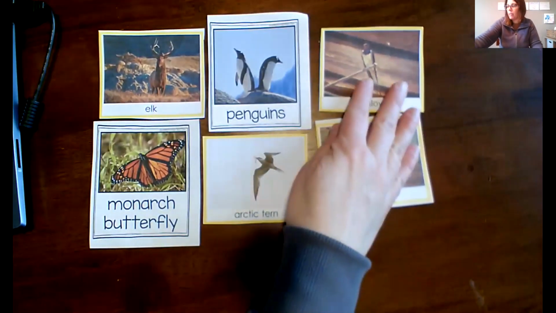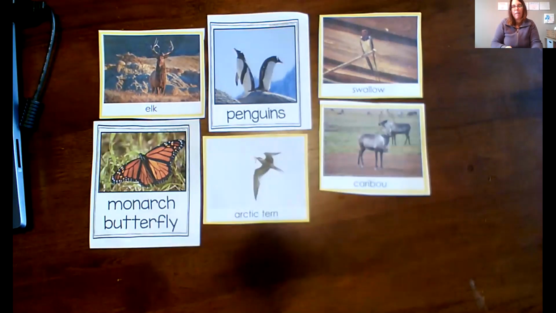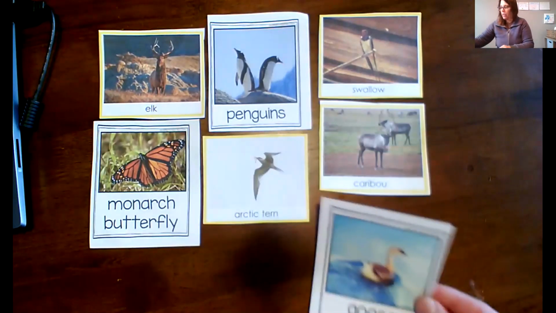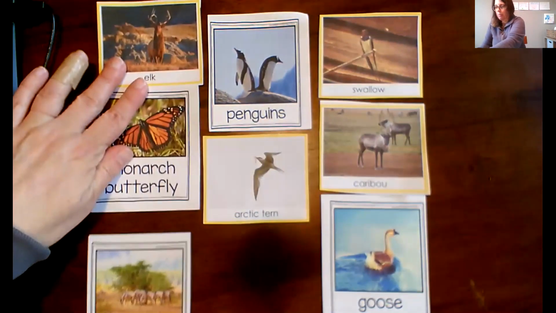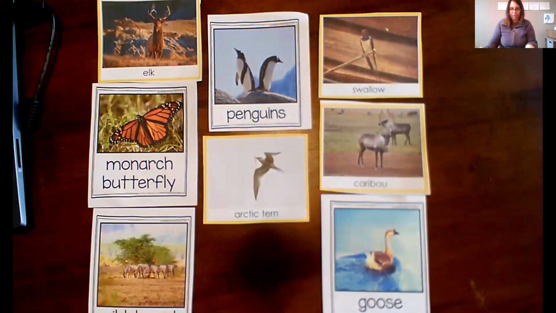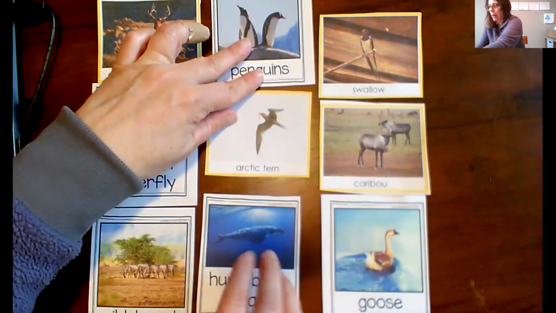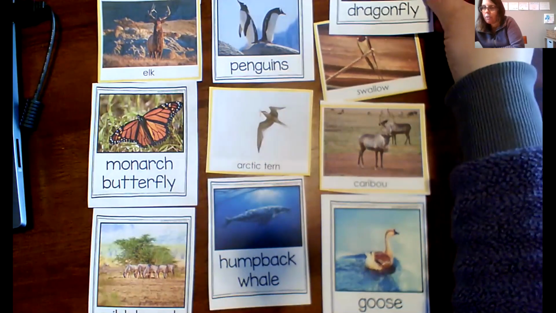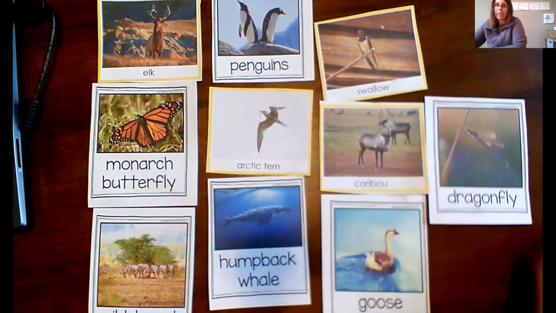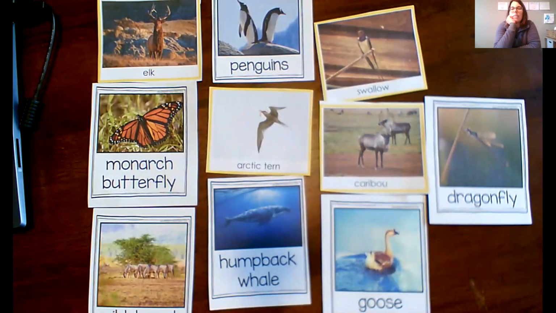Caribou. Goose. Wildebeest. Humpback whale. And I have a dragonfly. Let's see if you can see it there. There you go. What do you think they have in common?